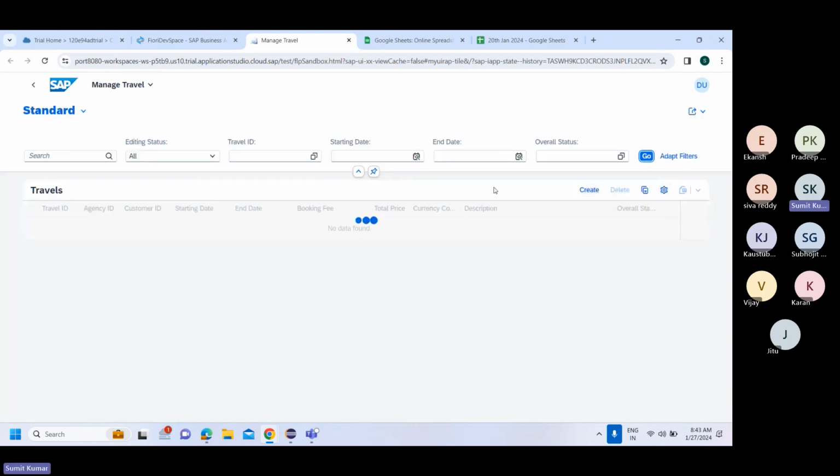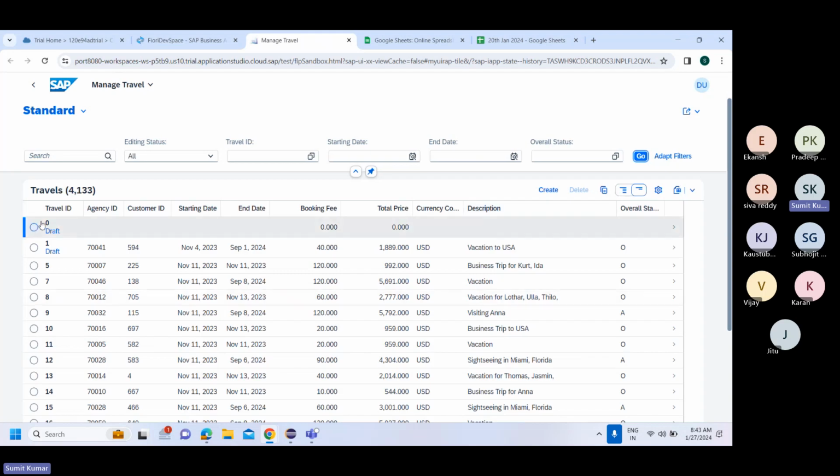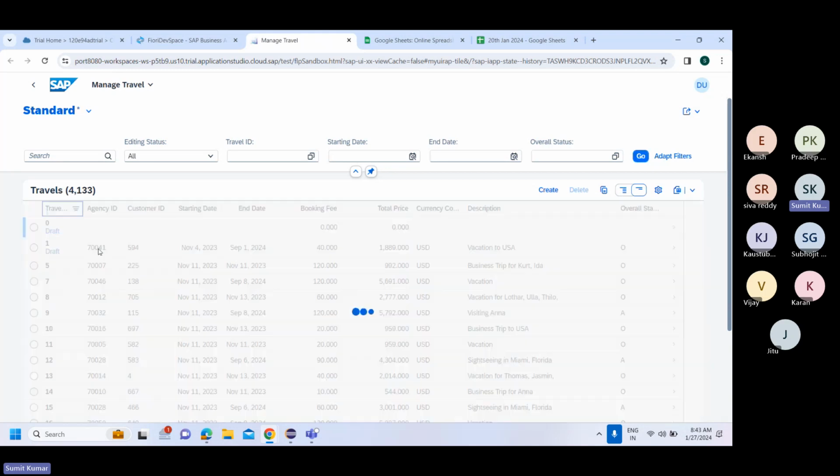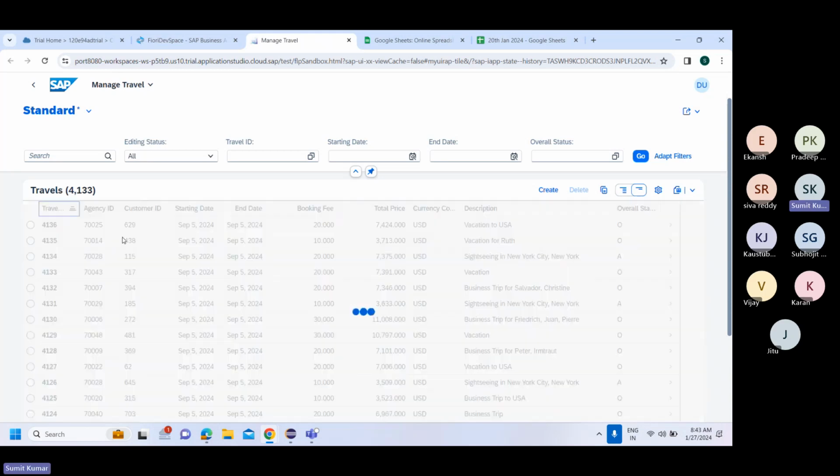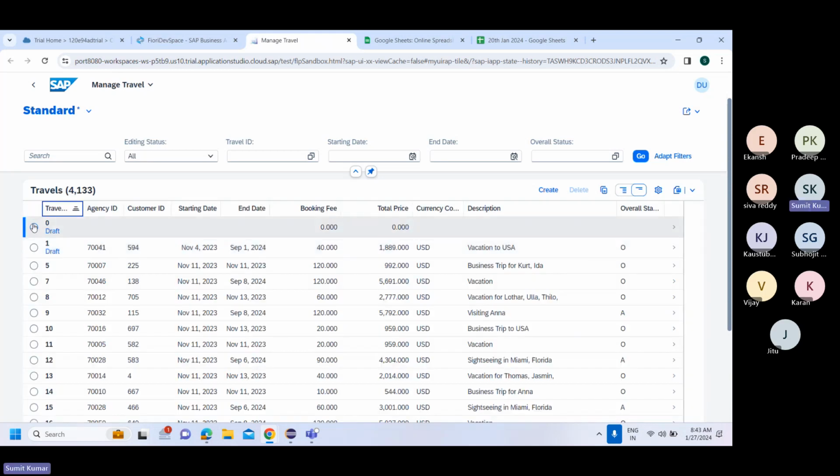Okay, so what we can see over here is maybe we can have some sort of data. I can see that there is some sort of a draft created over here on my item number 1. Now I'll just go in descending, and what I can also see is that I created a record 4136. If I just go back over here,